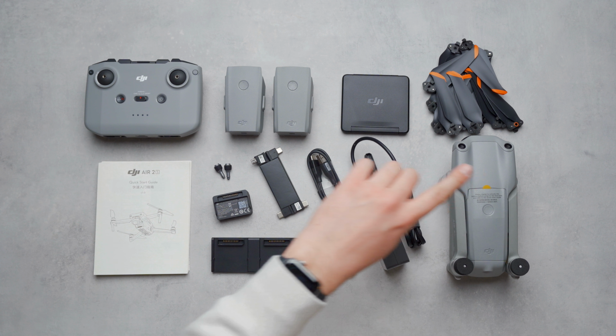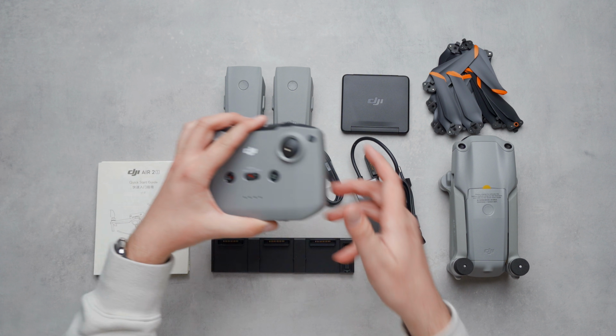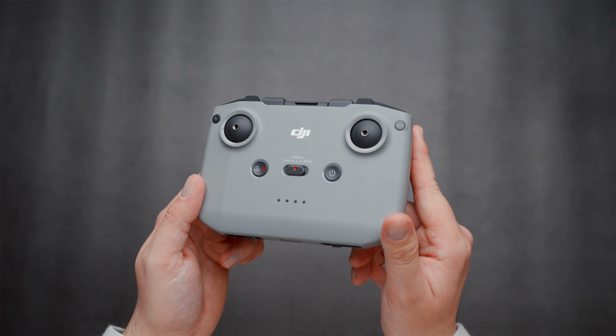Okay, so going over the rest of what's in the box, let's cue the overhead shot here. We'll work our way from the left side of the table over to the right side of the table, and we'll try to get through this as quickly as possible so we can finally get outside and fly this drone for the first time. So starting in the top left corner, we have got the remote controller used to fly